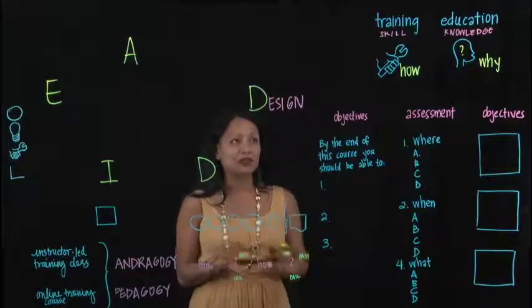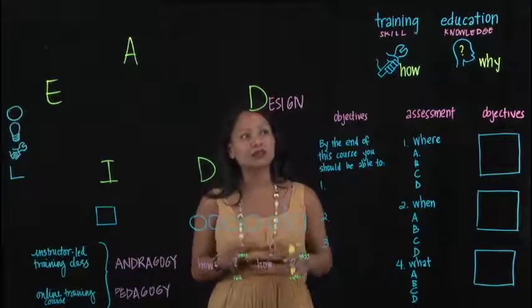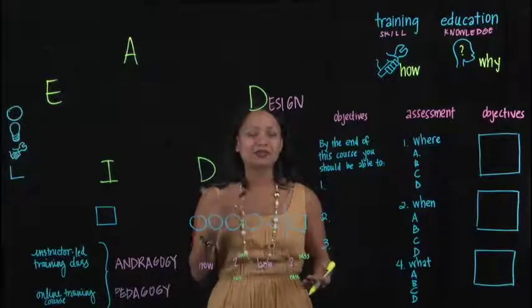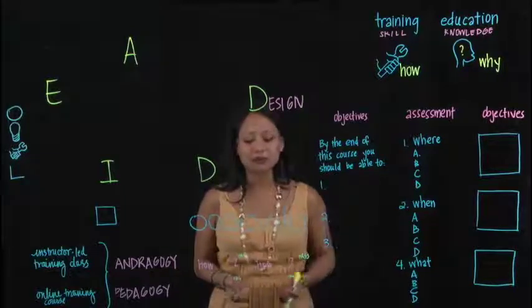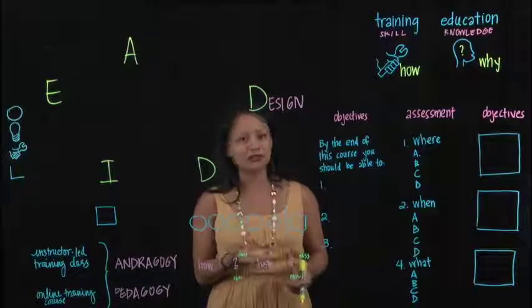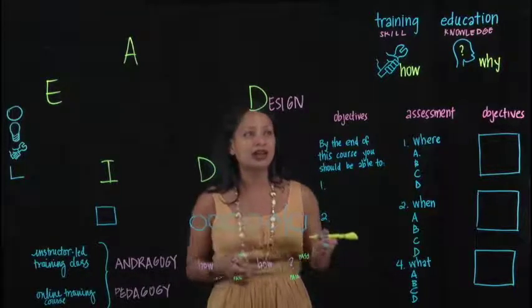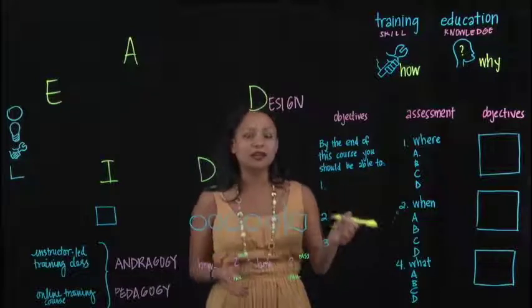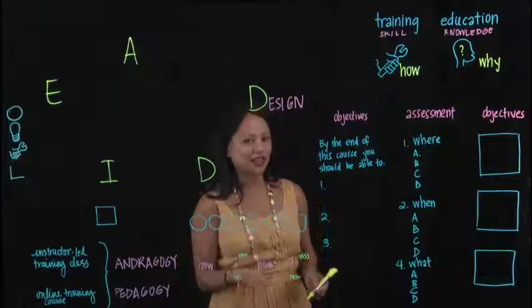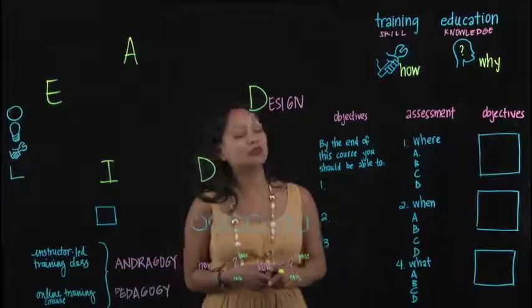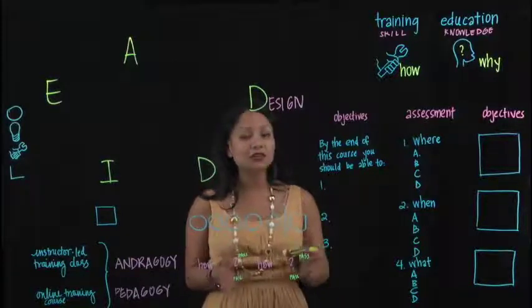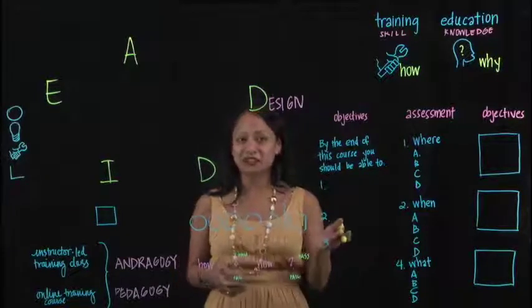And my last example that I wanted to share in illustrating the difference between training and education requires you to think about how it would be if you were a parent. So imagine that you were a parent and you had a daughter, and your daughter told you after one day of school that she had gone and had taken sex education at school. You would think that that would be pretty cool because perhaps she learned biology and how babies are made and all those other things you learn when you discover sex education. But it would be very different if your daughter told you that she had taken sex training.